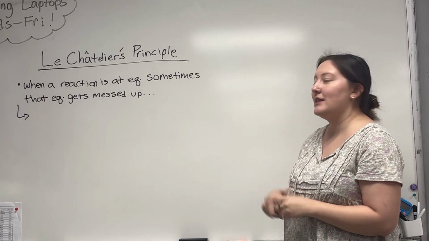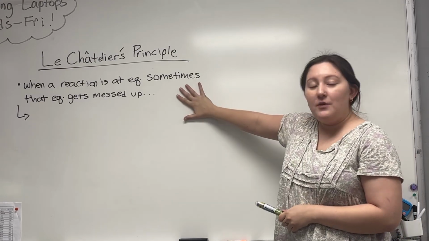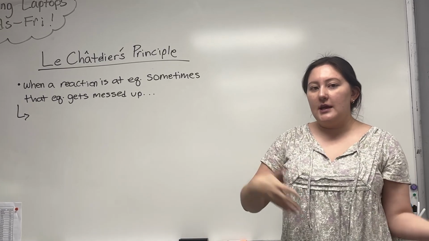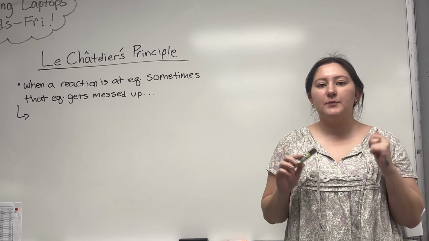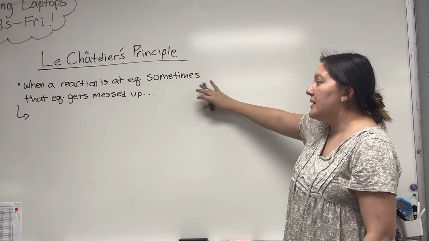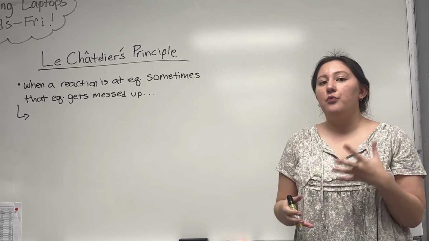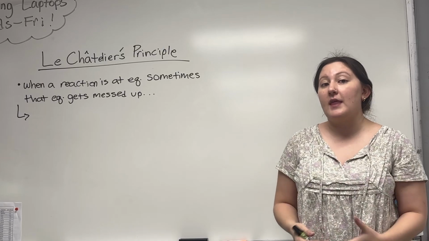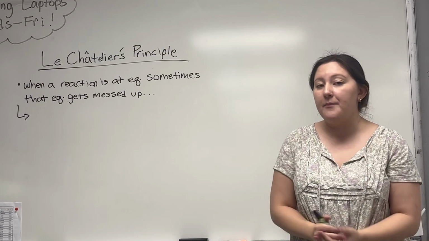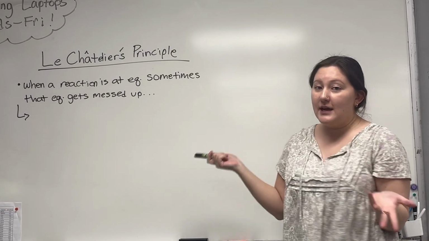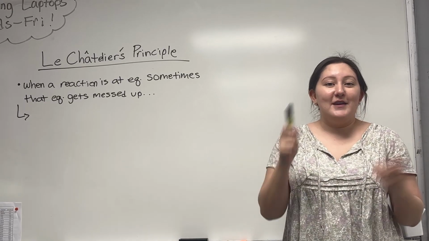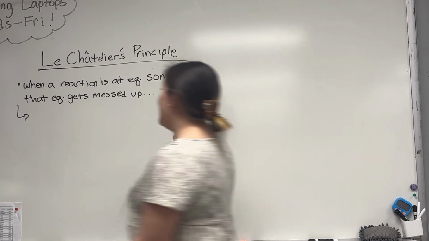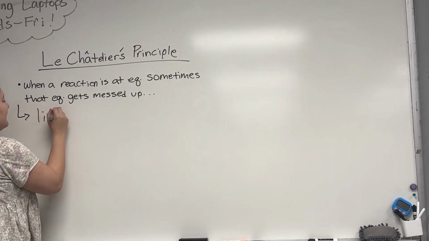Okay, Le Châtelier's principle. So this whole idea of equilibrium, we've started, and you guys just know the basics so far. You know how to do a Ksp expression, etc. But now we're going to talk about what those actual changes are that might throw something out of equilibrium. So when a reaction is at equilibrium, sometimes it can get messed up. So the reason why, it's going to be funny at first, okay, you're going to say is because life sucks,